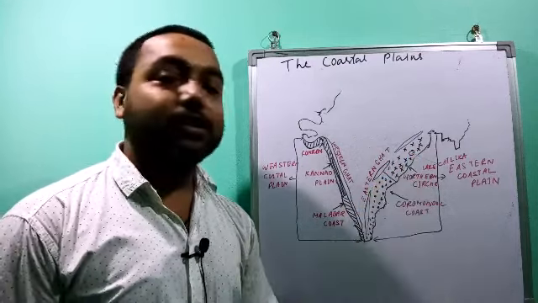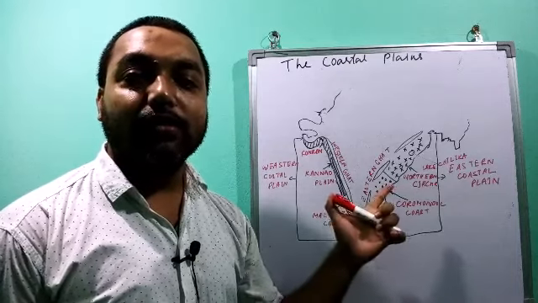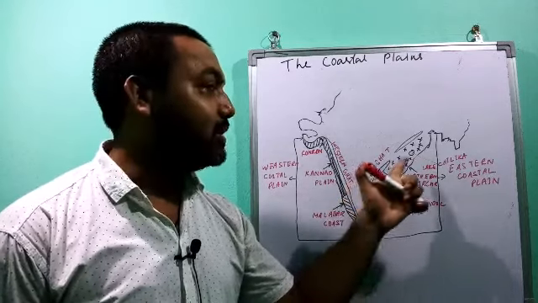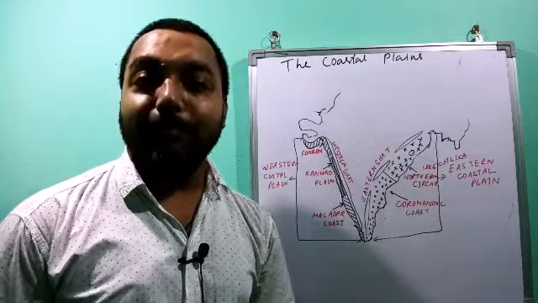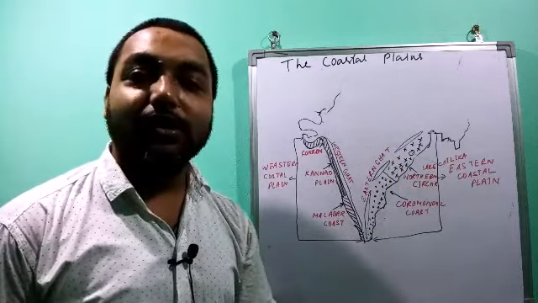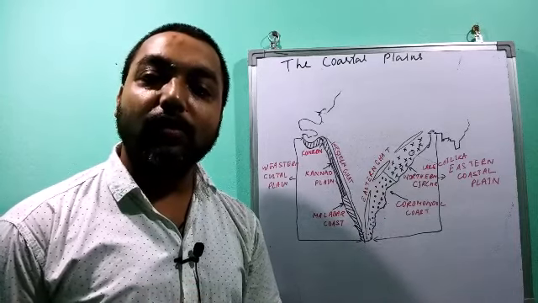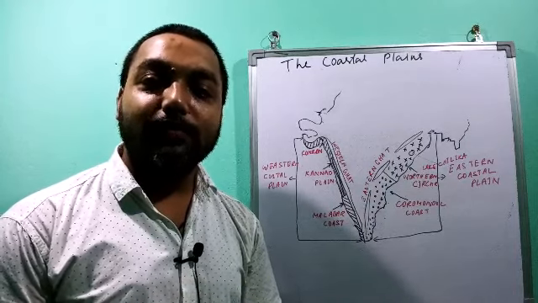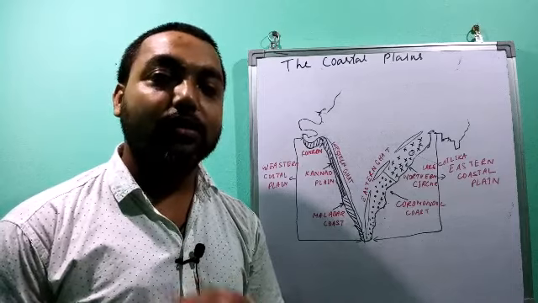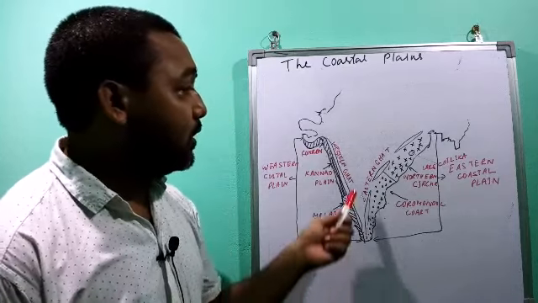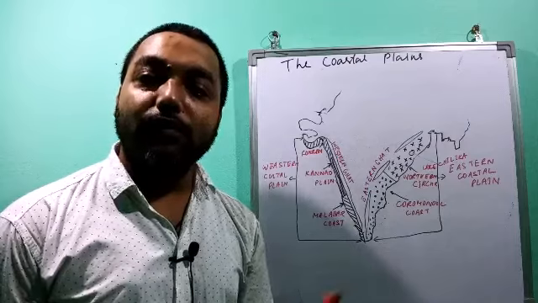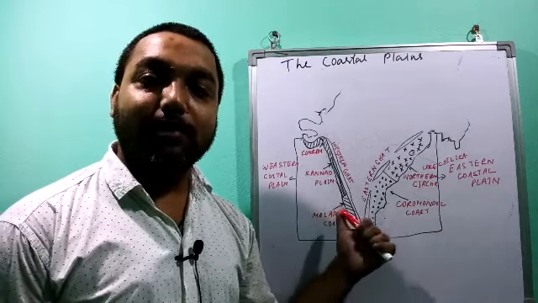An important feature found in the Northern Circars, in the eastern coastal plain, is Lake Chilika. Lake Chilika is an important feature found in Orissa. Why is it important? Because this is the only saltwater lake found in India, and the largest saltwater lake. So these were the divisions of the coastal plains of India.